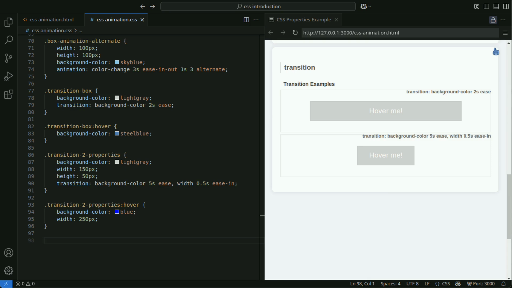This change occurs smoothly over the 2 seconds specified in the transition-box class. It's possible to apply transition to multiple properties simultaneously. In the transition-two-properties class example, the background color changes in 5 seconds and the width changes in 0.5 seconds.